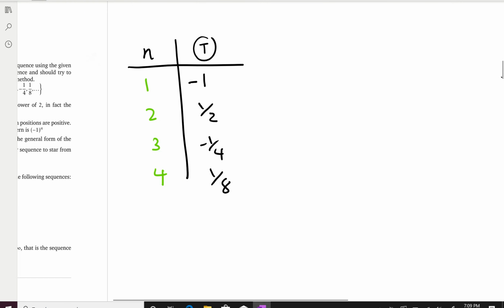Okay. Now try to make a connection between n and each relevant term. Now look at the overall behavior of the sequence. I mean the type of the numbers you have. Here you have fractions. So since I have fractions, what I'm going to do is think of numerators and denominators separately. Now let's focus on the numerator. So in the first term, well, it's not a fraction, but you can think of the numerator to be -1. Okay, so here -1. In the second position the numerator is 1, in the third position the numerator is -1, in the fourth position